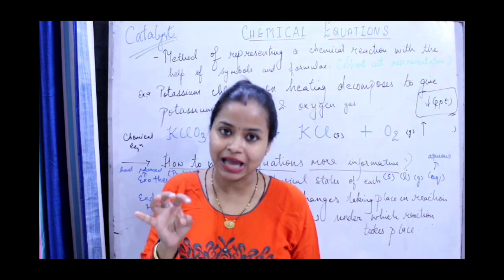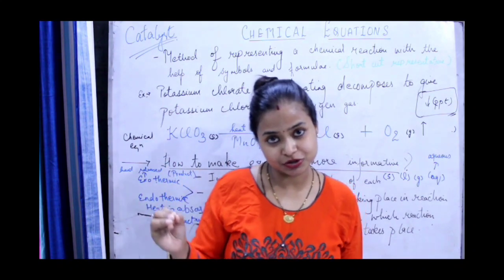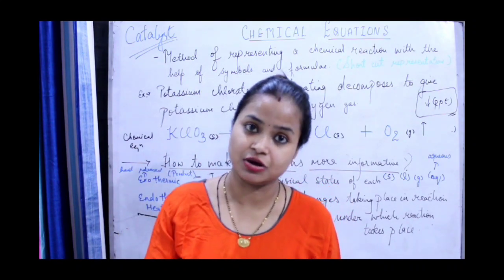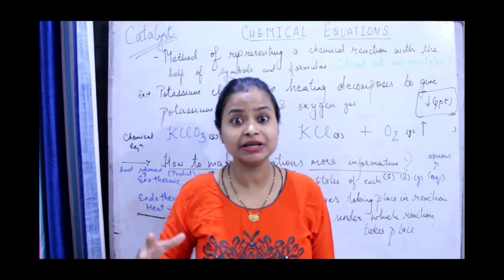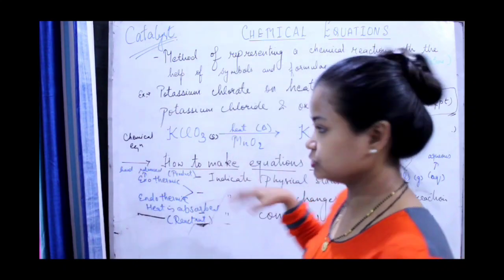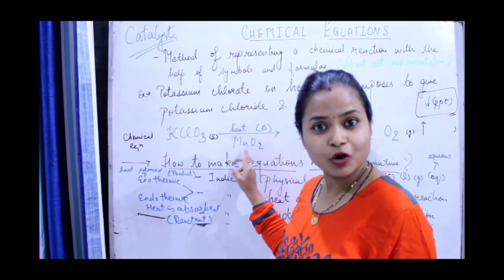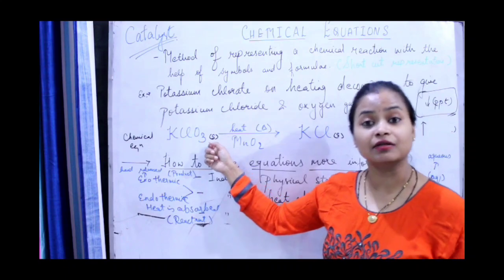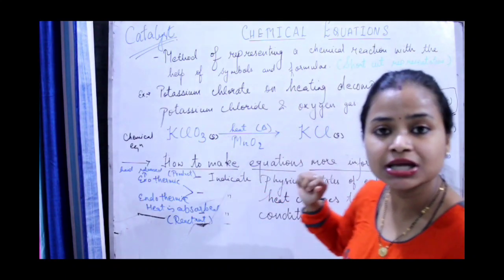Now you understood what a catalyst is? Again, I am repeating the definition. A catalyst is a substance which will help to increase the rate of reaction, without getting involved in it. It does not show any involvement itself, it just, from a distance, increases the rate of reaction. Okay? So now this also I have indicated. MnO2 is what? Catalyst. So we have indicated the condition, we have indicated the physical state, we have indicated the heat also, heat changes taking place.